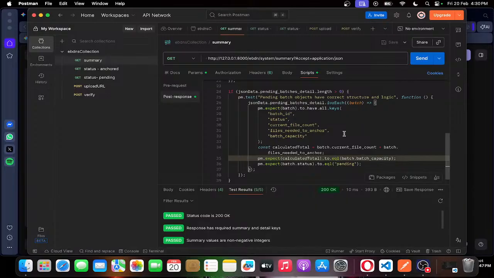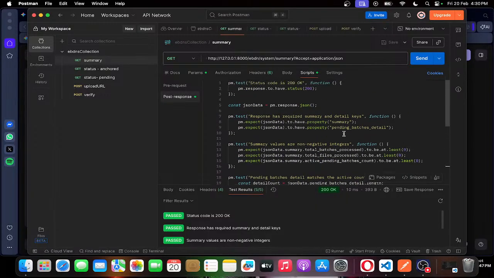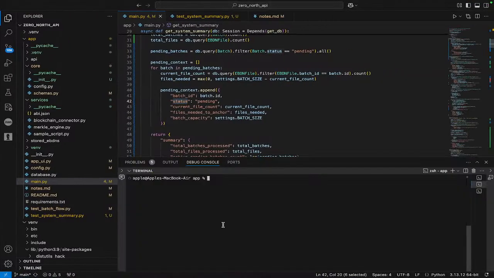So that's what we are testing over here. This is how you create test cases for API calls. Also, you should consider that every time you make an API call, the test cases change. It depends on what the response is like. So before running this API call, once again, make sure to run the